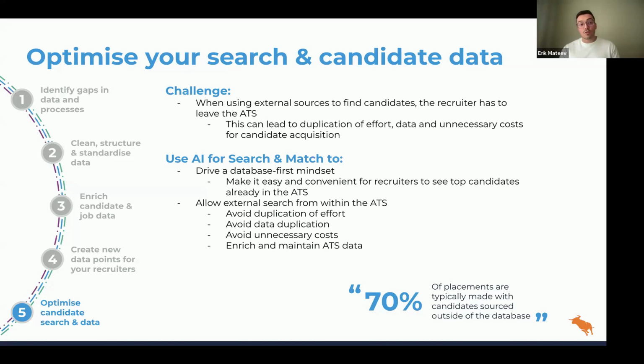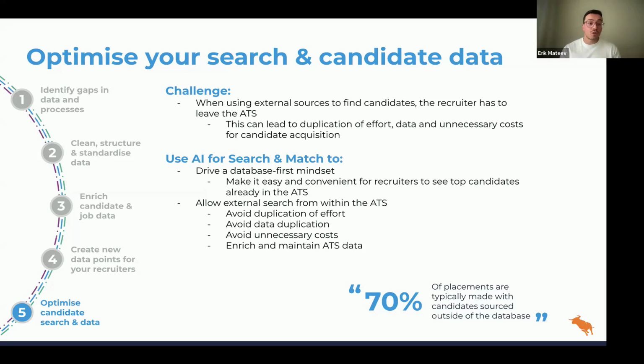If they want to expand on that search, with just one click, that could redirect them to the candidate list showing everyone else that has been matched against the opportunity, ranked from best to worst. Again, creating that convenience element and showing all the candidates that you already have, which would be a great fit for that job. And once that's done, in case they want to go to external sources from within the ATS, they can just flip from what's in Bullhorn to what's in those job boards that you've partnered up with.